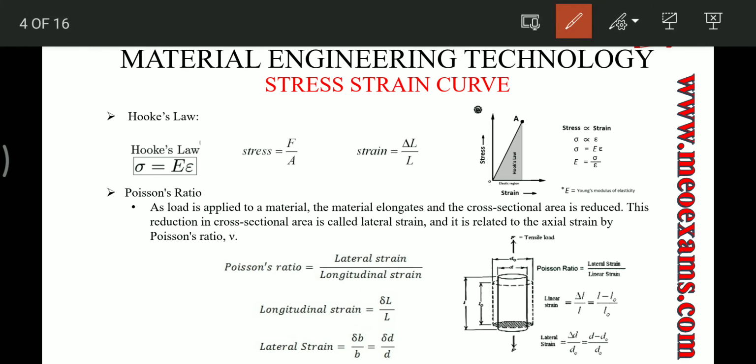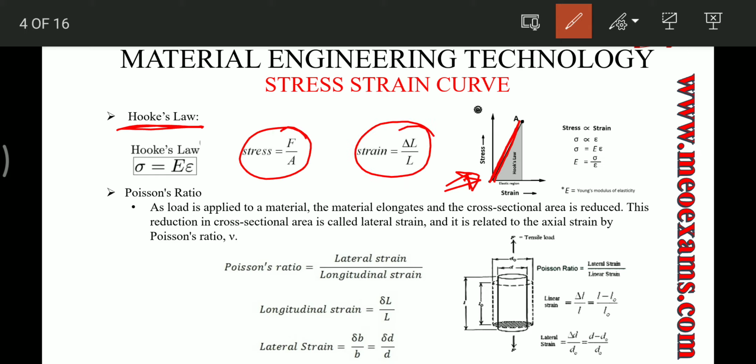Then we have Hooke's law. So friends, this is actually a stress strain curve, just representing the proportional limit. Within this limit, the stresses produced in a body are directly proportional to strain. Okay friends, and if we remove this proportionality, then the constant is replaced by E, which is called the Young modulus, as you can see over here. So in this proportional limit, the Young modulus is constant. Okay friends, so this is what is called Hooke's law.